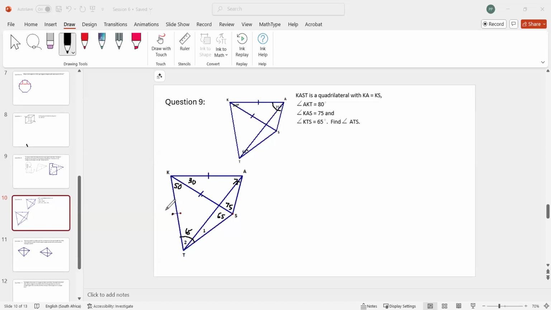And the problem was to find angle ATS. So this one here, this angle 1. You're supposed to find out what that angle is. So now that you know that this angle is 80 and these two are equal, you just prove them. So these two add up to 100 degrees. And therefore,